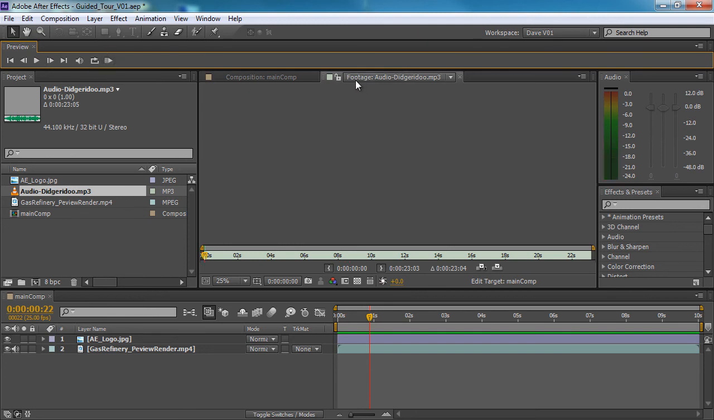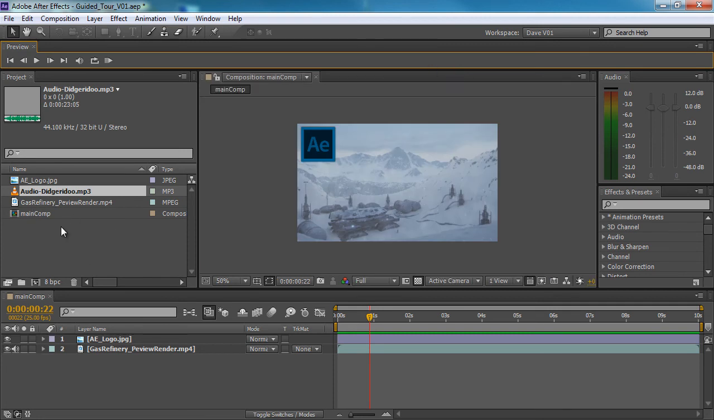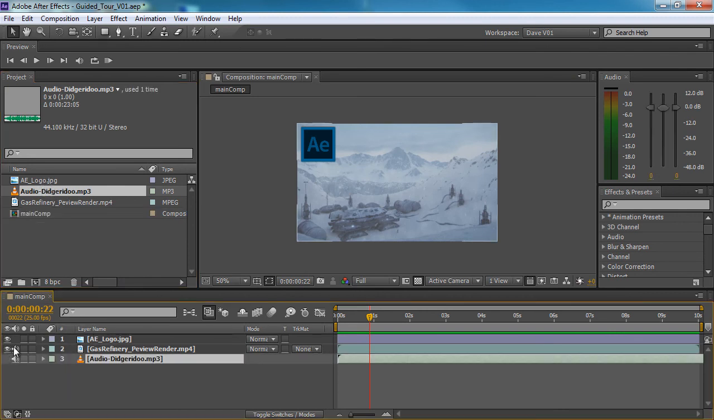And you'll see up the top here also that it's declared it as footage and it's opened up a new window of its own. And this would happen if I was to double click on any of the assets that have been imported into the project window. So I'm just going to close that down. And what I'm going to do is grab this and just drag it down and stick it underneath my gas refinery. And notice that I have two